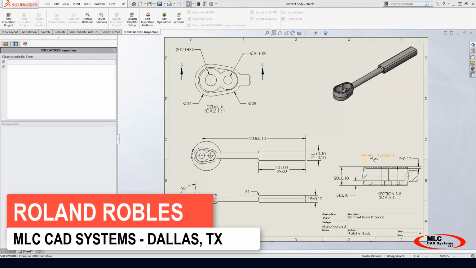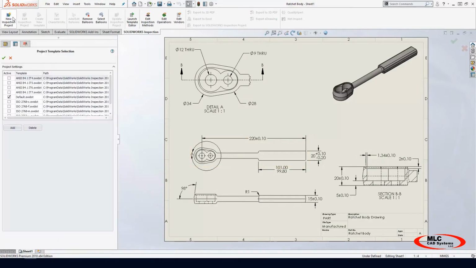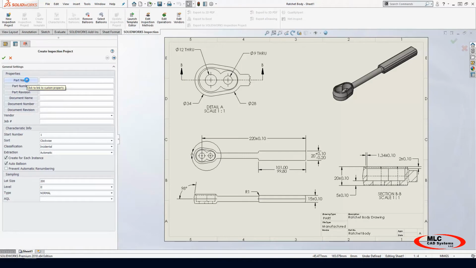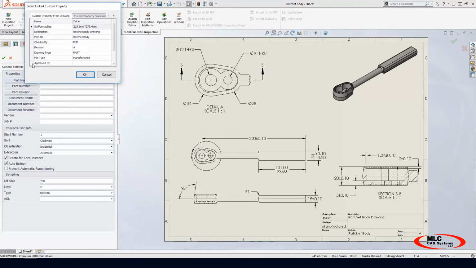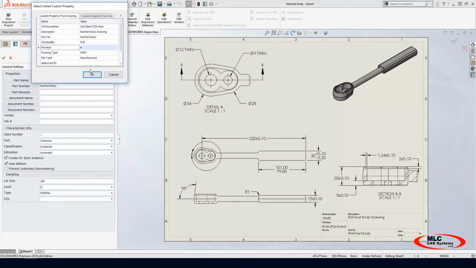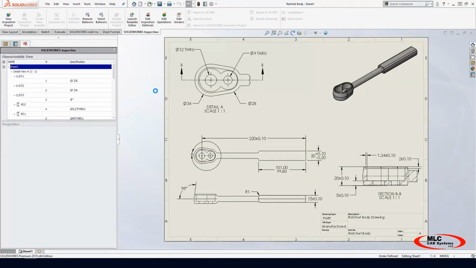In today's technical tip, we're going to look at creating an inspection report leveraging our SOLIDWORKS drawing and model. Using the add-in called Inspection, we can quickly and easily prepare our report leveraging all the intelligence that we've already built into this drawing. In this case, I want to go ahead and grab our custom properties for part number, part description, and part revision to start my new quality inspection report. It's as simple as just clicking the custom property and then hitting the green check mark to get the report